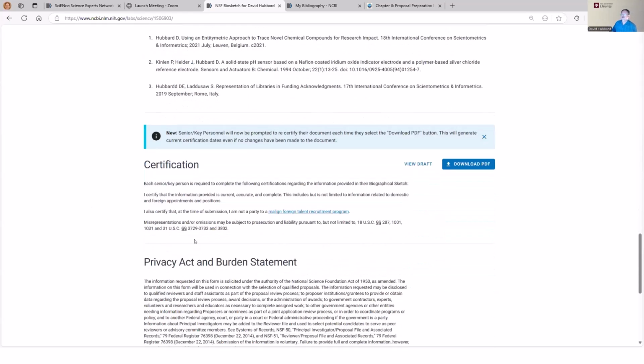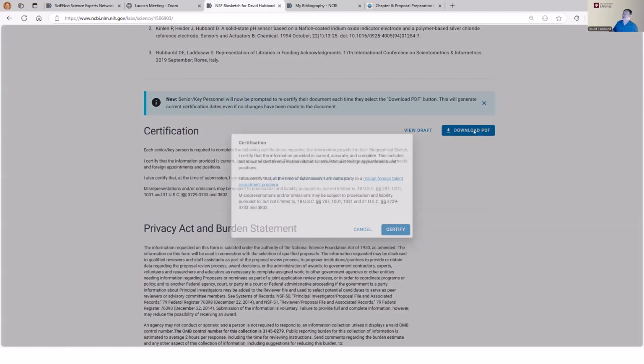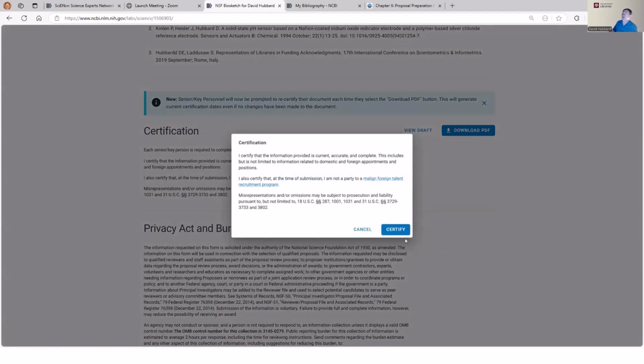Then you come down to the certification. And so then they want the senior or key person to certify that this information is complete and accurate. They also have, I believe this is something new here, about not being a party to a malign foreign talent recruitment program. And then you click download. You could look at a draft of it if you want, but you can go ahead and download the PDF, and then this would certify it. And so then again, this is the certification here. We click certify,